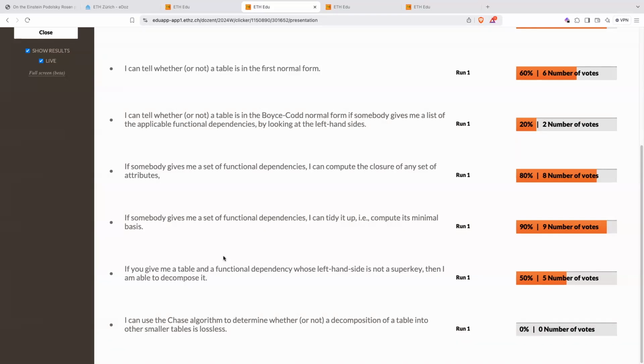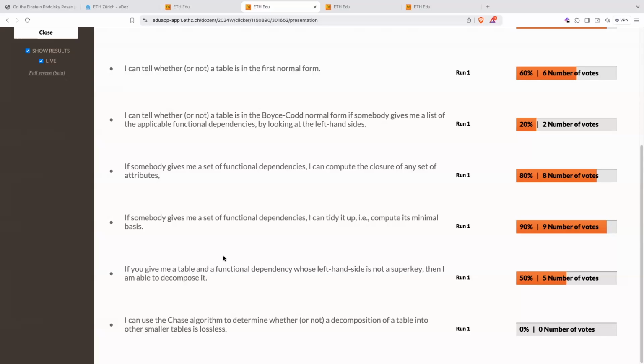And the chase algorithm, you don't like the chase algorithm? So it's a little bit of a bingo game. Who played bingo already? Right, you know the bingo. So this is really a bingo game. You basically start by setting up a table where you put the A, B, C that correspond to one side and let's say C, D, E that corresponds to the other side. And then you use the functional dependencies in order to use that you have A and A1, you know they're the same, so you replace A1 with A, right? And as soon as you have a bingo with A, B, C, D, E, F, like the full row, then